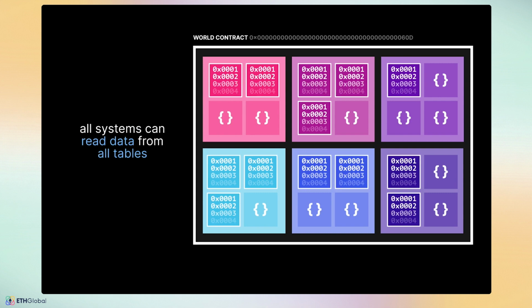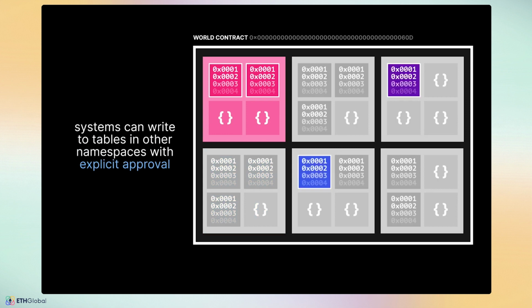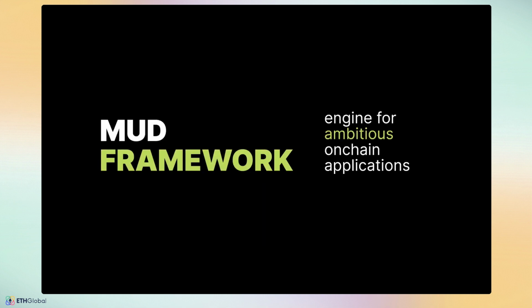By default, systems can read data from all the tables, but they can only write to tables in their own namespace, and they can write to tables where the owner of the namespace gave explicit approval to the system to write to this table. MUD Store and MUD World are two important lower-level pieces of the MUD protocol, but now